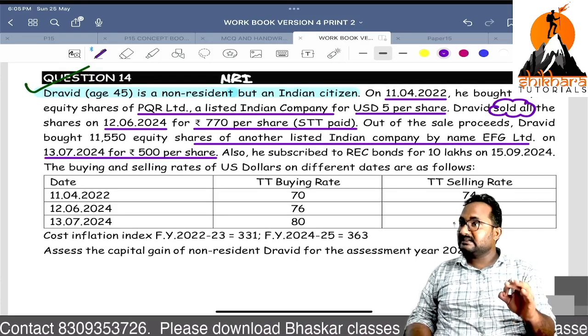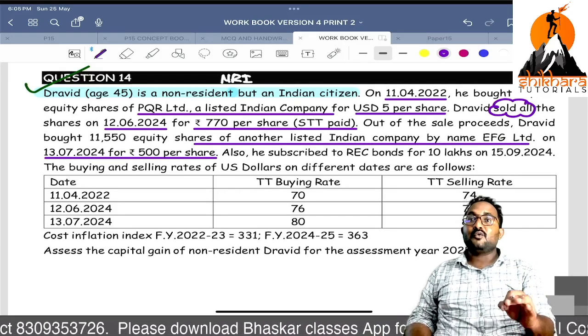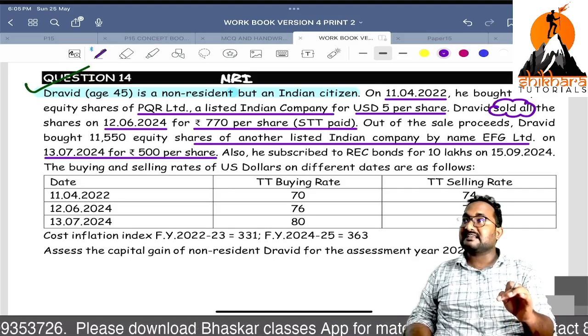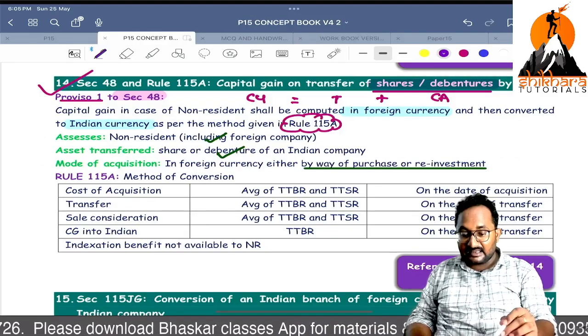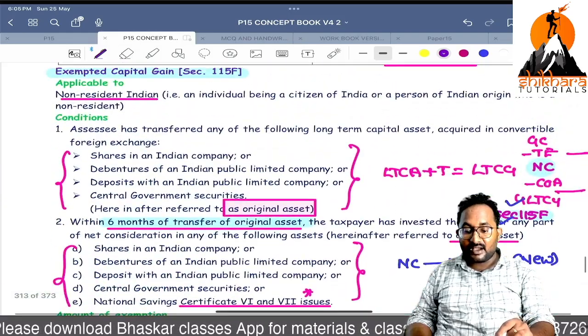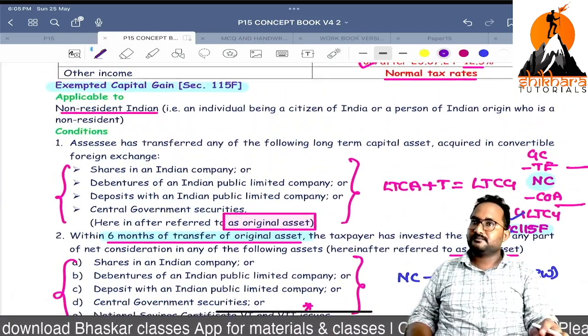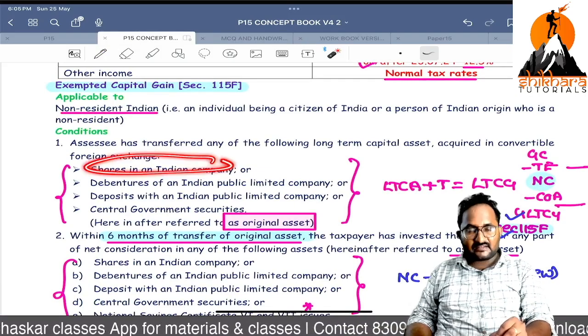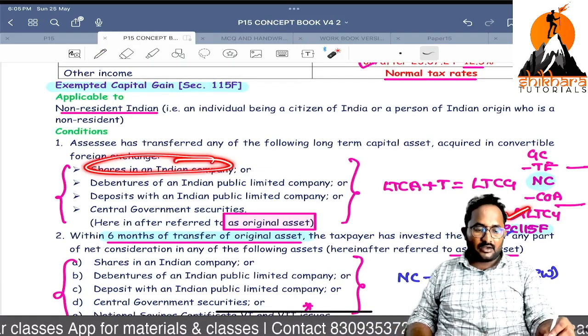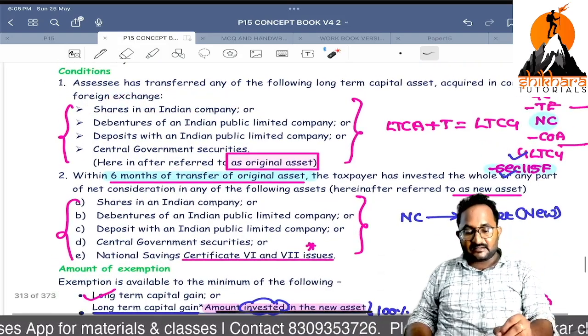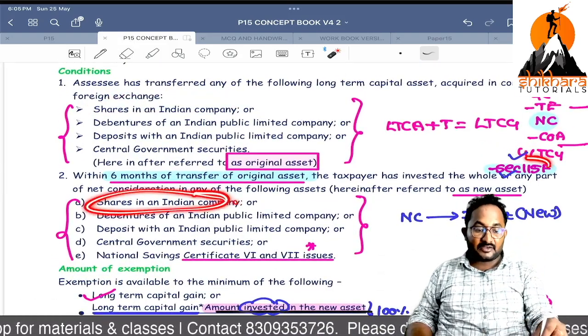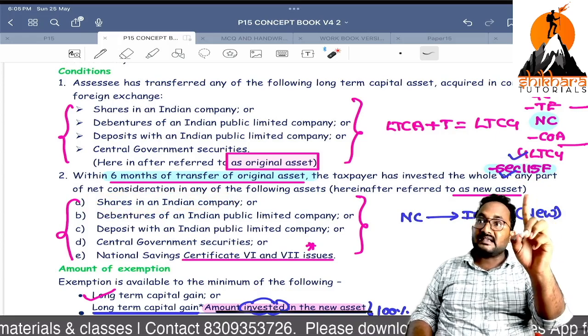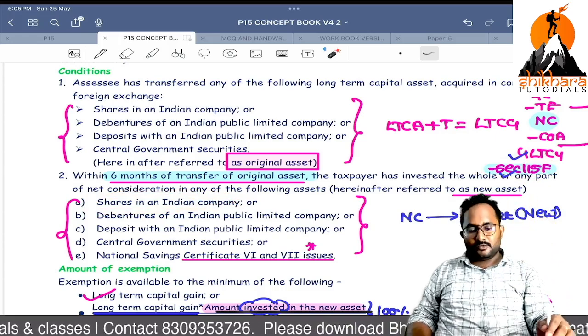Non-resident, he is Indian, he is selling one asset and purchasing one more. So that's why he can get the exemption under which section? 115F. A non-resident is selling the shares of an Indian company, so he can calculate capital gain. In that process, he purchased one more listed company share. That's why he can get the 115F exemption. So now